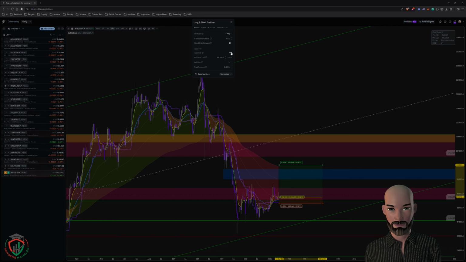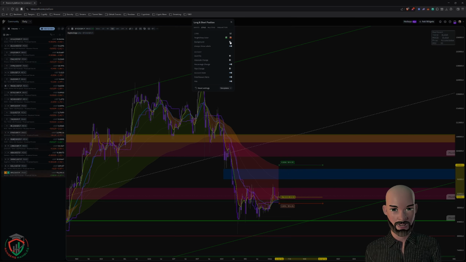You can toggle the account on or off, but the USD is showing up a few times, so for now I'll just turn that off. They can fix that. Use account size and risk. Risk percent is always 1%. You never want to risk more than 1%. Leave fixed risk reward off and a risk reward ratio. That's as you draw this. So your input, your values,